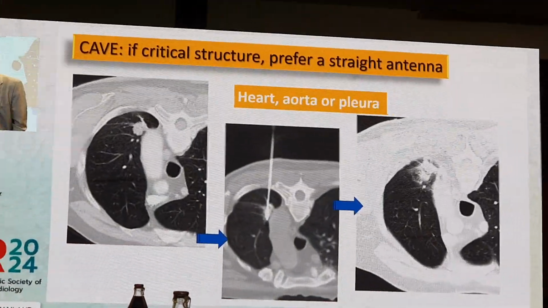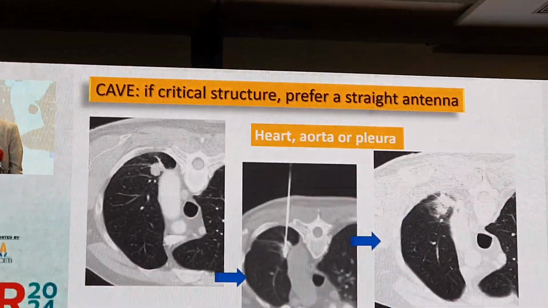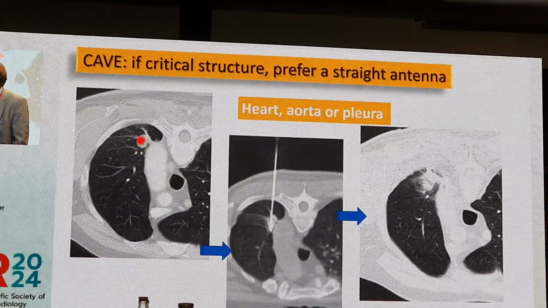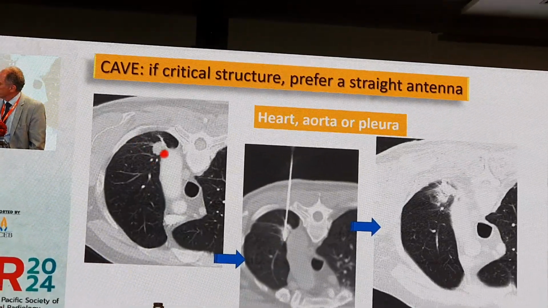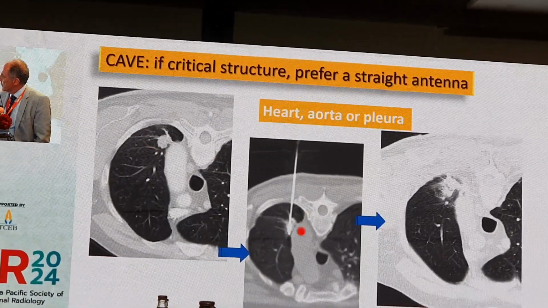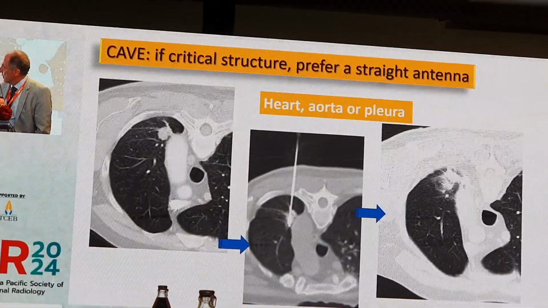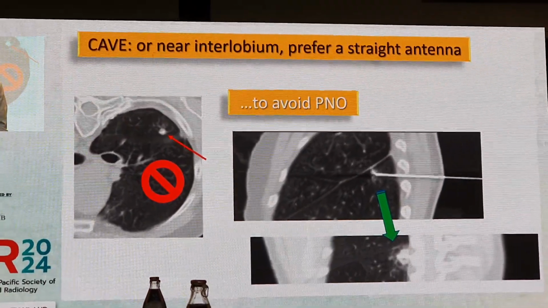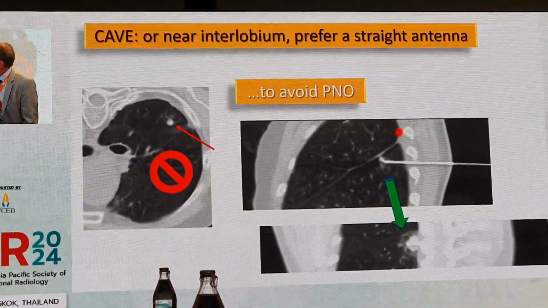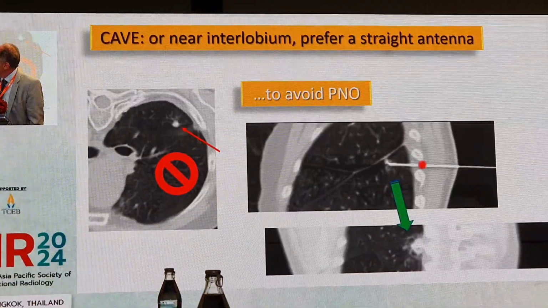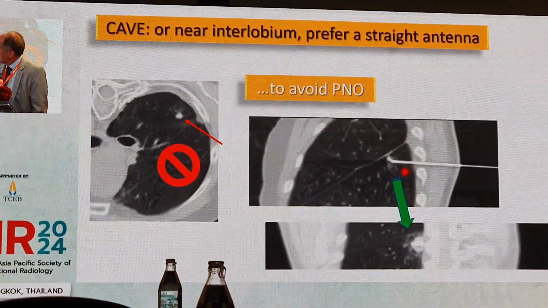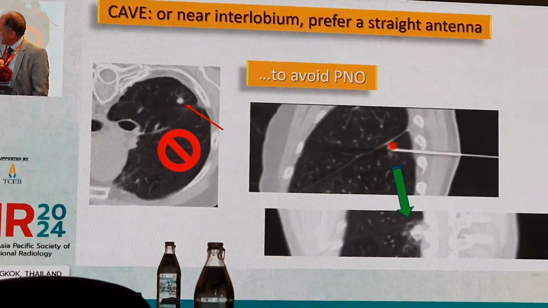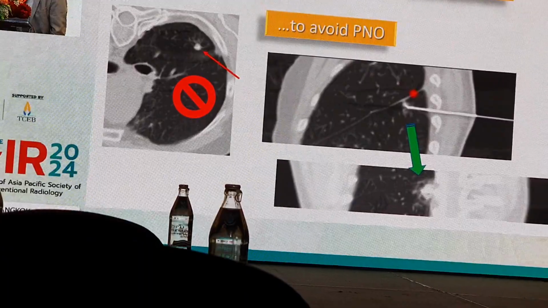And for a lesion close to sensitive organs, like in this case, very close to the aorta, I would not recommend, as you can imagine, to use an umbrella needle, but better to use a straight needle, so you have better control of the position of the electrode. Also pay attention if you are close to the interlobium, like in this example. We always perform MPR reconstruction, and also prefer here to use a straight needle, RF or cryo or microwave, to avoid having 1 electrode moving to the other